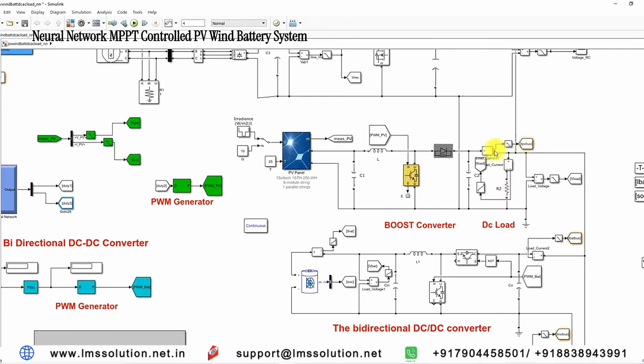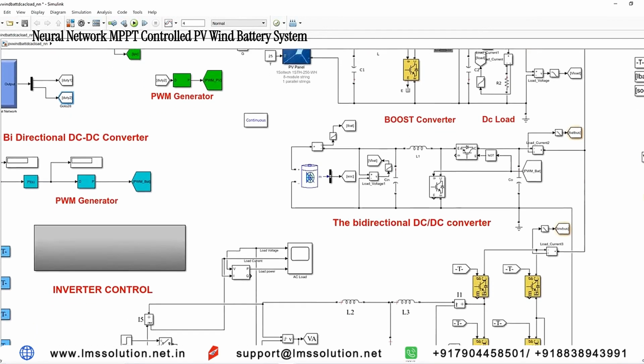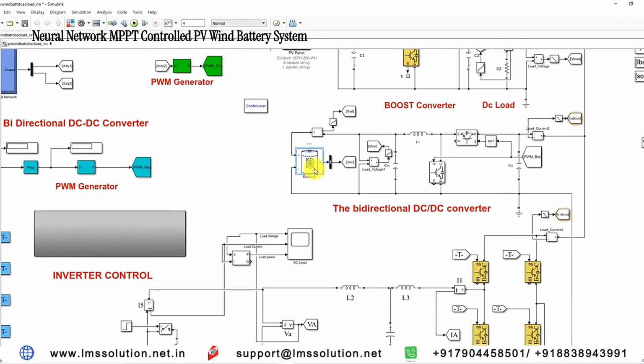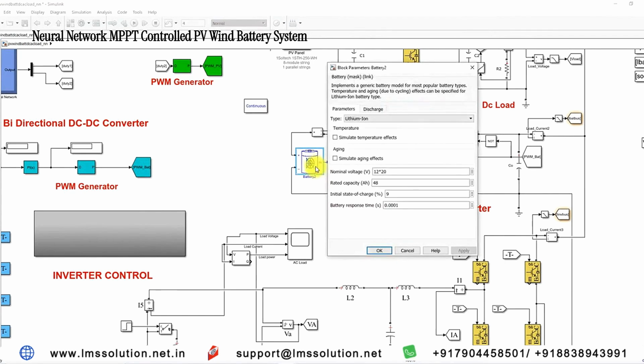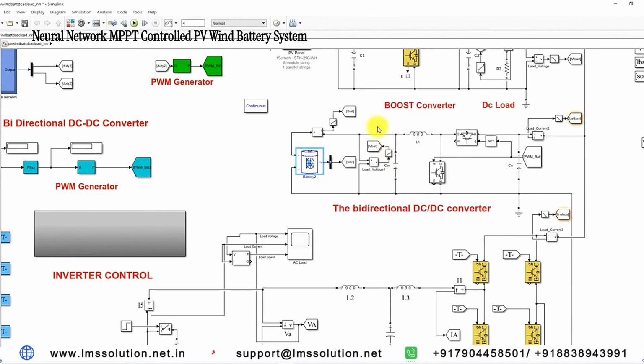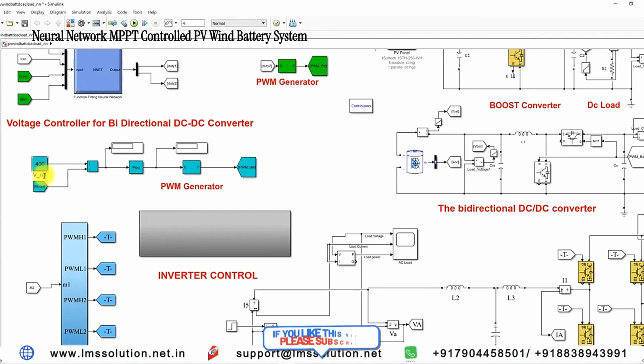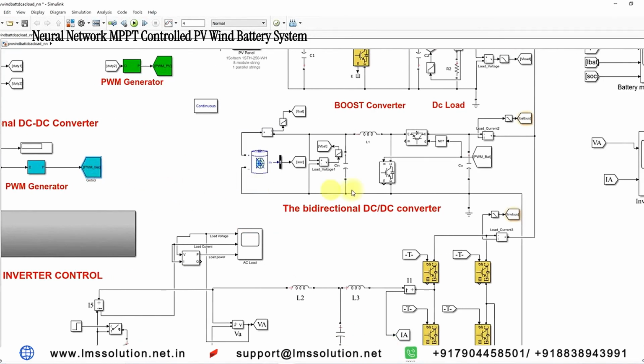In order to maintain the 400 volt, we are using an energy storage system, a battery model. The battery model we are using here is a 22 lead acid battery, and it is connected to the DC bus via this bidirectional converter. This bidirectional converter is controlled by means of the voltage control method. That means you measure the voltage at the DC load, compare it with 400 volt, and process it via the PI controller. The PI controller provides the duty cycle, which is processed via the PWM generator, and then it generates the pulse for this bidirectional converter. This pulse controls the 2 IGBTs of the bidirectional converter in order to maintain the DC bus